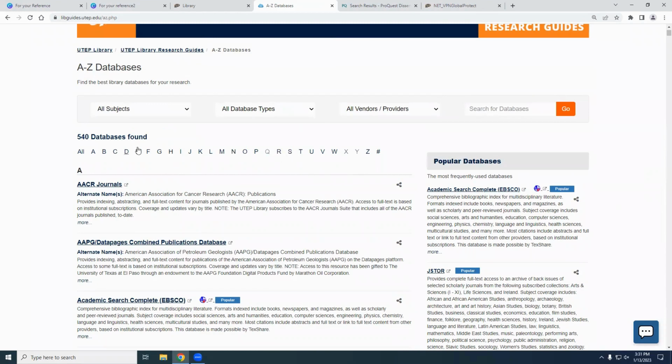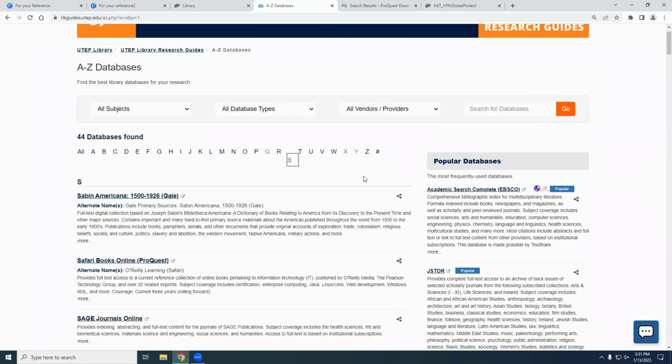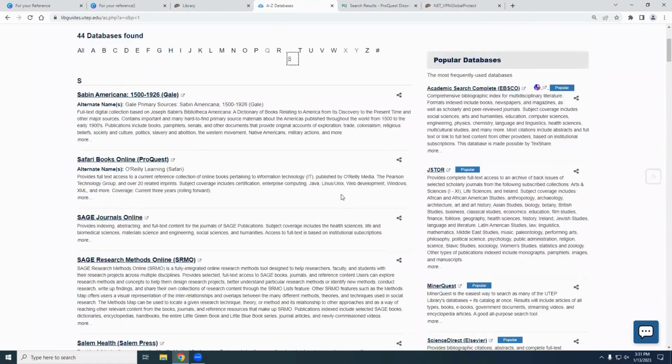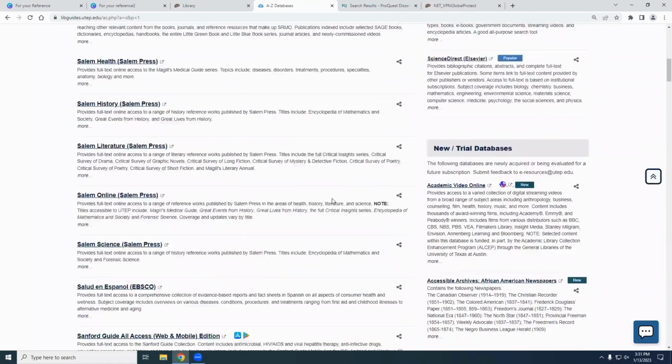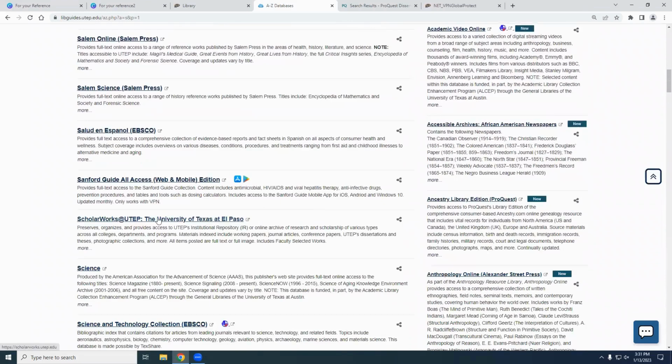So I'm going to use the alphabet filter, and I'm going to click on the letter S. And what I'm looking for is ScholarWorks at UTEP. This is our institutional repository. What we're trying to do is publish all scholarly output from UTEP.